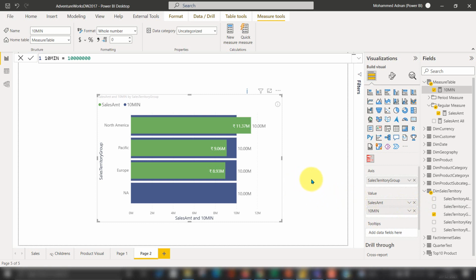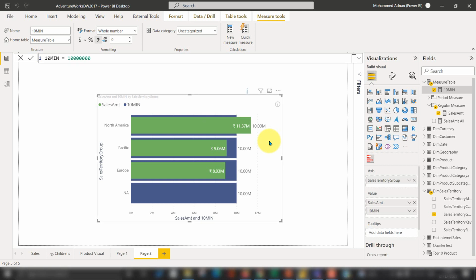Yeah, now if you notice this one, I have set it to be 10 million, and if this North America sales is beyond 10 million, you can easily find out this is the target we have set and this is the actual sales volume we have here. So this is pretty cool, right? This looks like actually the lipstick itself. So that is why they have given the name as lipstick here.